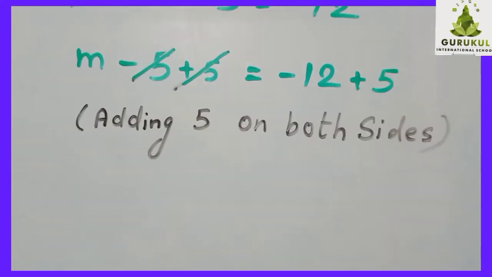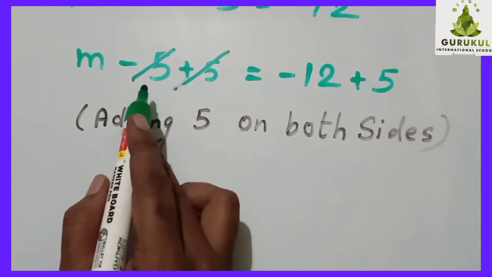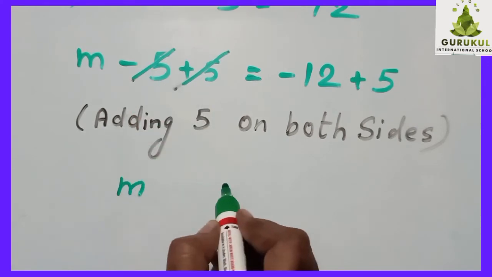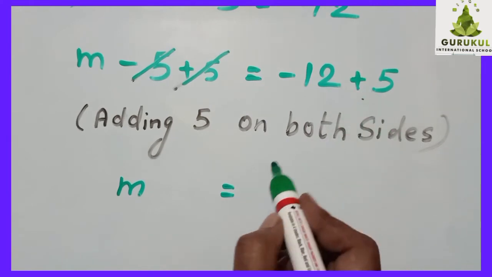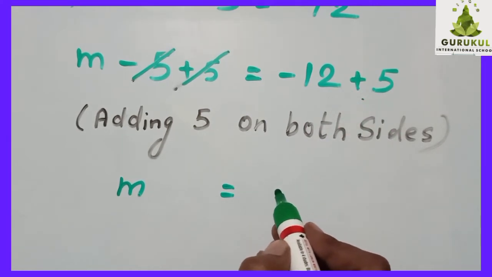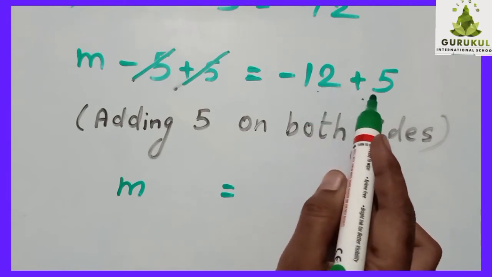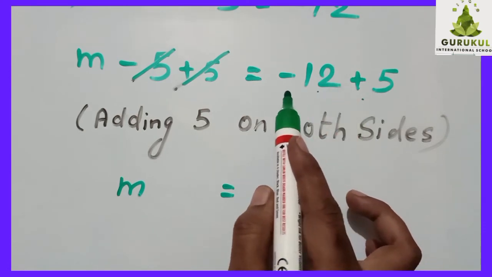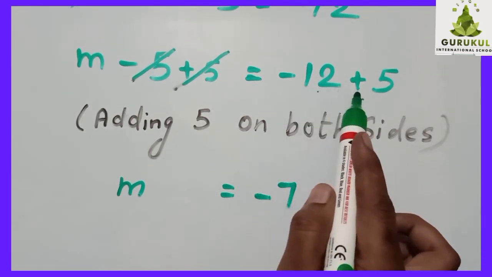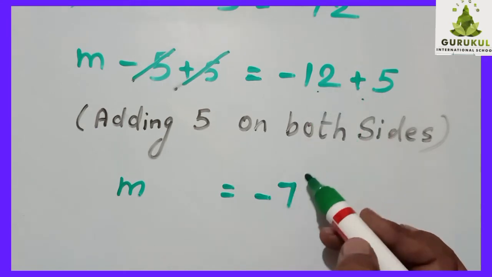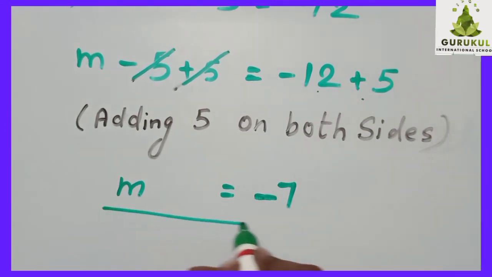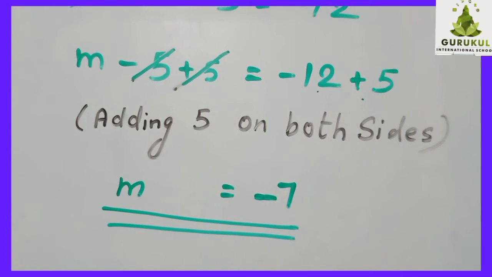Adding 5 on both the sides. So what you are getting, this gets cancelled, opposite numbers will give you 0. So this gets cancelled. What you get? m plus 0 is equals to, now minus 12 plus 5 is how much? Minus 12 plus 5 is minus 7. See, different sign, subtract. 12 minus 5 is 7 and put the sign of the greater number. What is the sign of the greater number? Minus sign. Is it clear? Different sign, subtract. So 12 minus 5 is 7 and put the sign of the greater number. Integer rules you should remember for this. So you get m equals to minus 7. That is the answer for the value of m. Copy down this in your notebook.